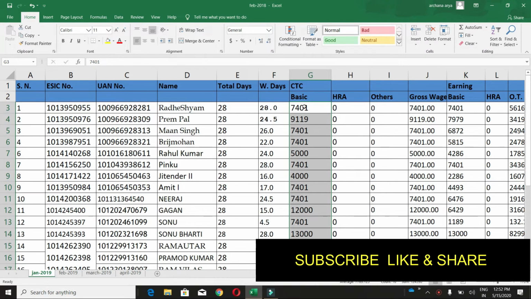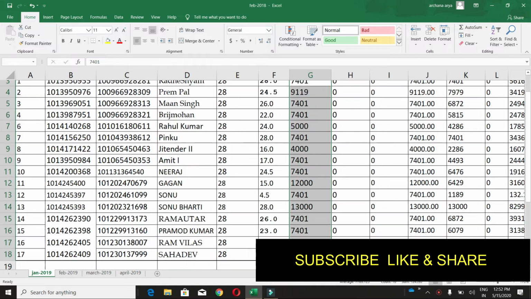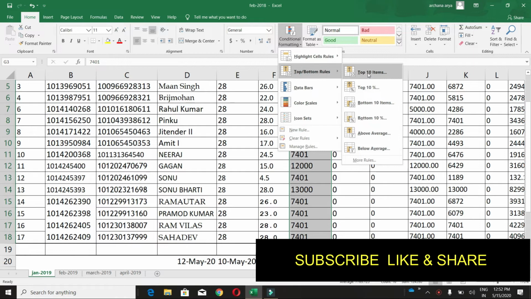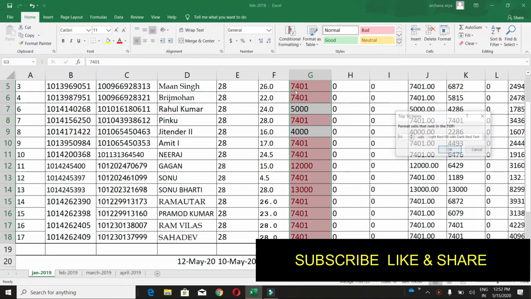Fine. So first we will go to top 10 items. When you click here, it will highlight the top 10 values. You have a drop down arrow here, where you can increase or decrease the values. 10, you can increase here, you can decrease here.